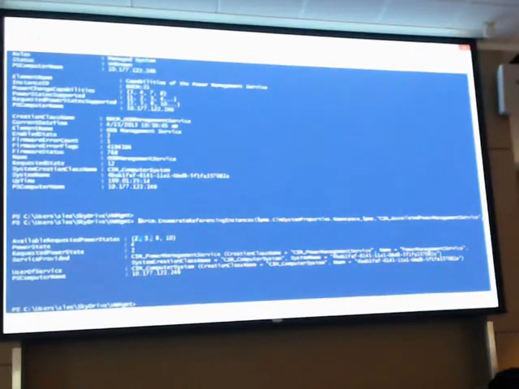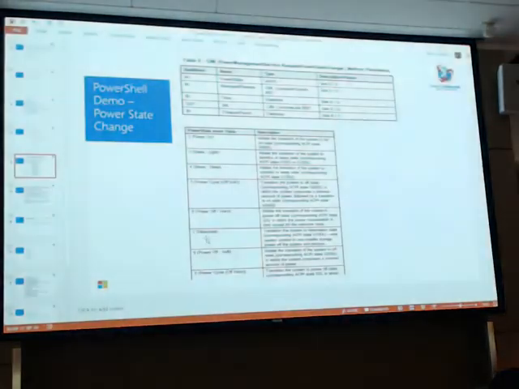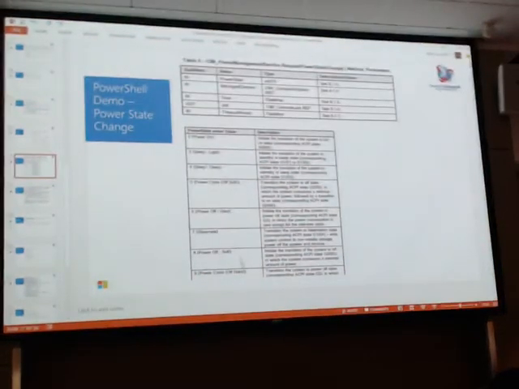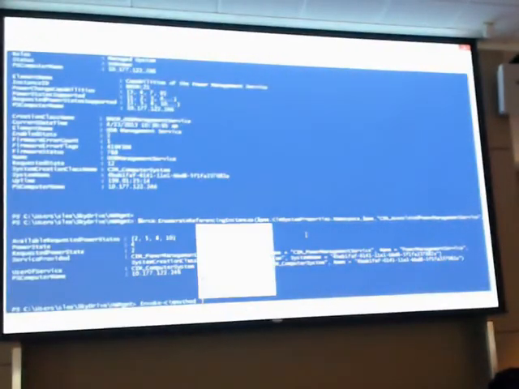And the only other thing that might be interesting is here, these are all the available power states that I can actually request. So I can turn it on, I can do a 5, which is a power cycle, I can power off soft, and whatever 10 was. So let's go ahead and go back to what we're doing.